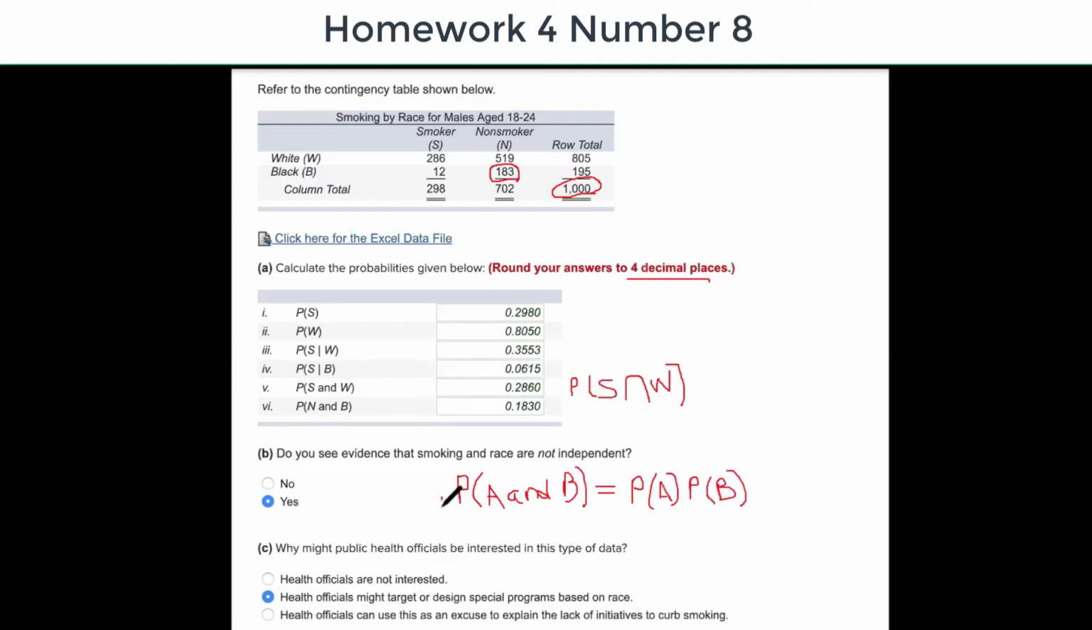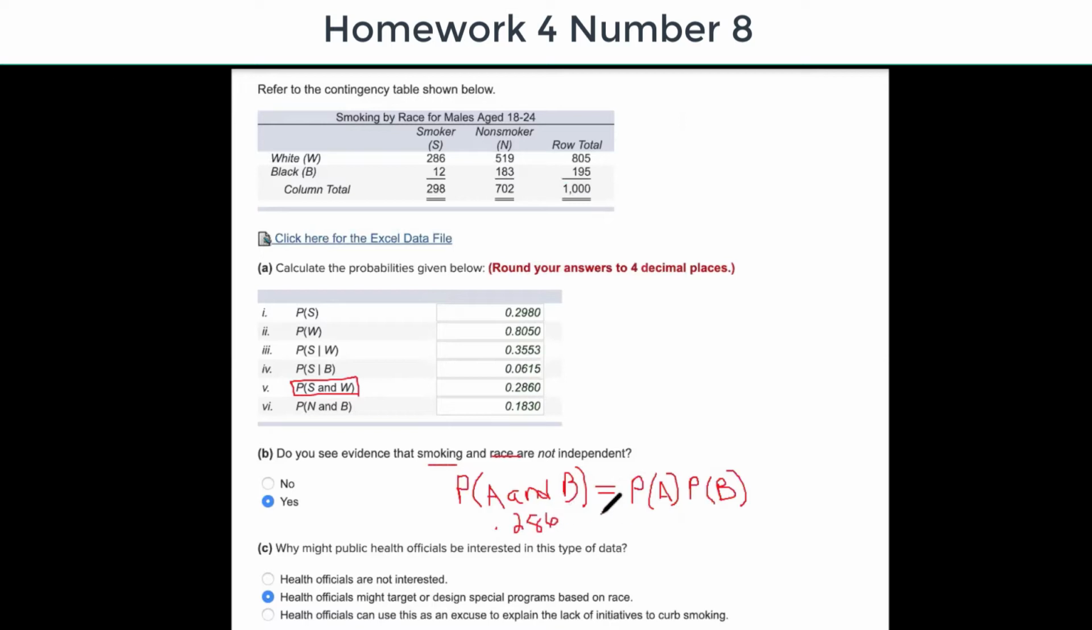Now the key is, how do we find this probability? Given that we have a contingency table, we're going to do the same thing we just did. We're going to find just where we have that intersection point. Okay, so let's talk about, are they independent or not? Let me erase these so we have stuff out of the way. Okay, so smoking and race, let's talk about, for example, smoking and white. Let's look at smoking and white first because we already calculated that probability. Does 0.2860, because that was smoking and white,